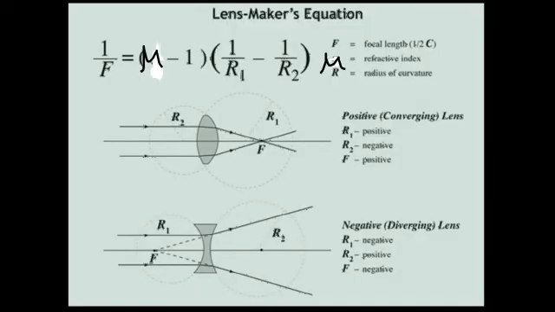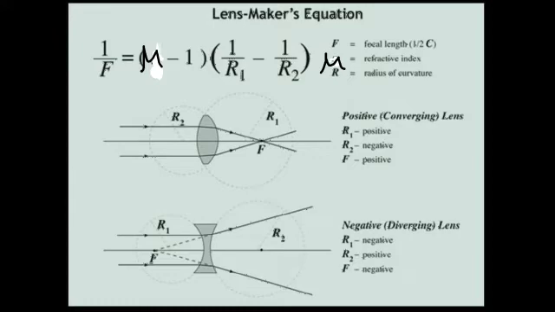Lens maker's formula. All lenses are made up of transparent materials. Any optically transparent material will have a refractive index. The lens formula relates the focal length of a lens with the distance of object and image. For a maker of any lens, knowledge of the radii of curvature of the lens is required. This clearly indicates the need for an equation relating the radii of curvature of the lens, the refractive index of the given material of the lens, and the required focal length of the lens. The lens maker's formula is one such equation.